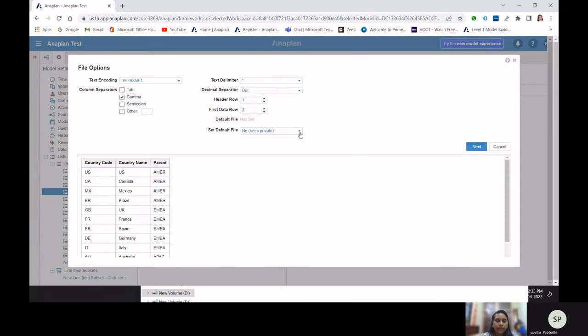Okay. And one more thing, setting this default file. Initially, the option will be no, keep private. In the sense that after 48 hours, it will disappear. Which all files we have imported will all disappear from the list. So we'll keep it as admin only, in the sense that till